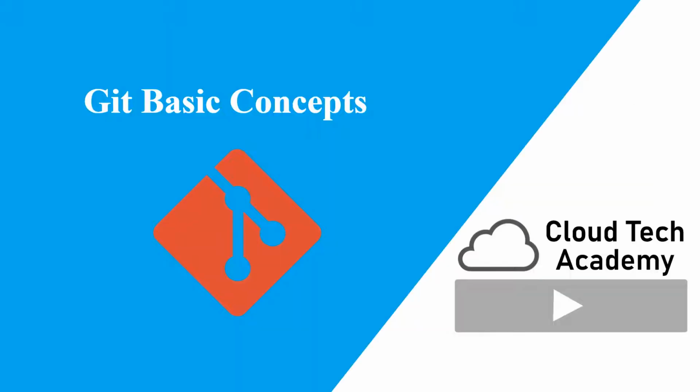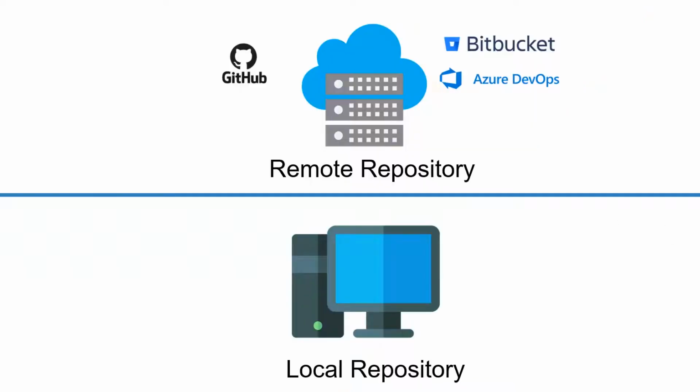Now let us see the basic concepts in Git one by one. The frequent terms which we will commonly use are remote repository and local repository. Remote repository means the online version, meaning somewhere in the cloud all your code will be there. There are various remote repository providers, such as GitHub, Bitbucket or DevOps. Using any of these providers you will create a remote repository in the cloud and you can get that particular repository to your local, which we call the local repository.